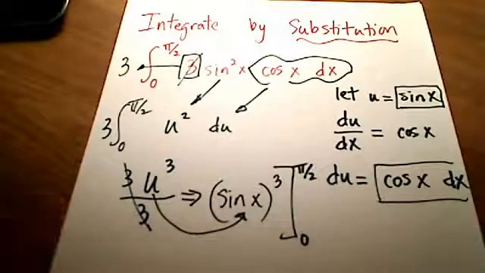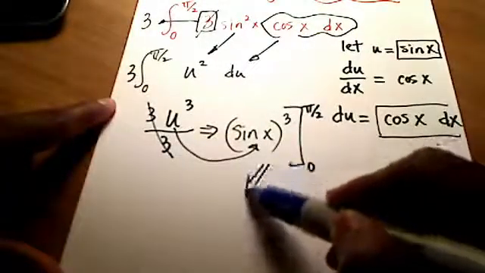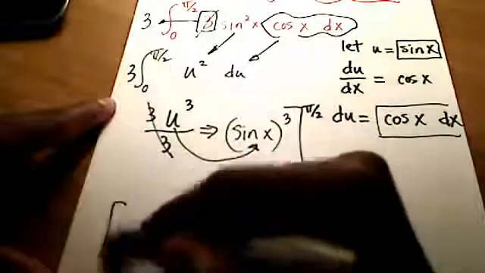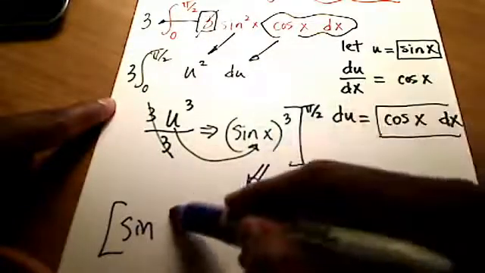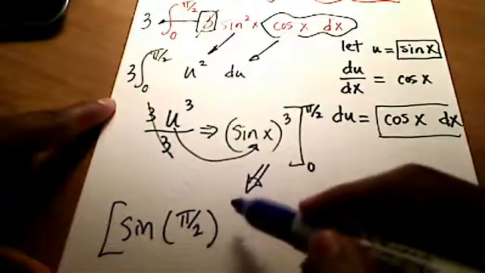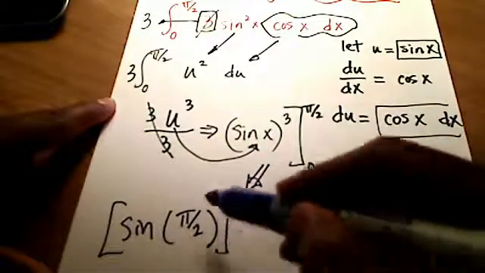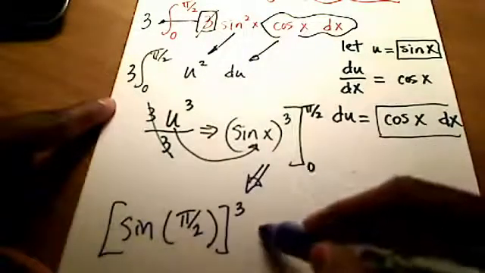So the fundamental theorem of calculus says to rewrite this as sine, and everywhere I see an x, I'm going to put in a pi over 2, and this whole quantity is raised to the third power, minus